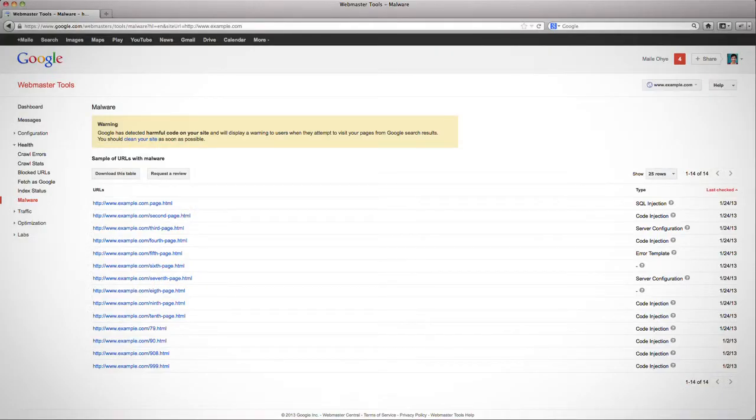I'd like to provide more information for site owners who are notified that their site was infected with malware, specifically with the type server configuration. So that we're all on the same page, if your site is infected with malware, you can see sample infected URLs and the type of infection when you verify ownership of your site in Google Webmaster Tools. Google Webmaster Tools can be found at